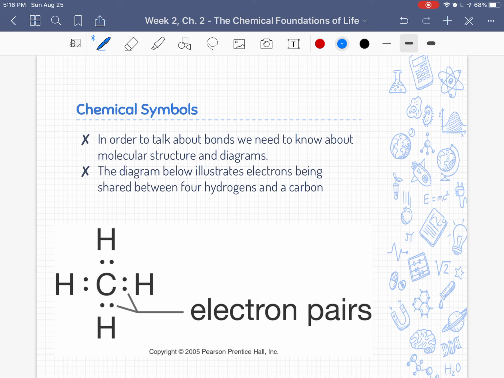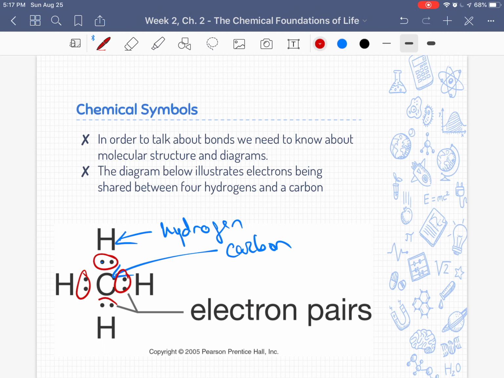And the notation allows us to know things like, for instance, if you're talking about symbols, that the element is hydrogen. Okay, and this symbol, carbon. So chemical notation, chemistry notation, diagrams, things like that helps us understand what we're looking at. It helps us understand what this molecule is made up of. These dots right here that we're looking at in this diagram are representing electron pairs that are being shared. So they are literally representing bonds that are holding the hydrogens to the carbon.